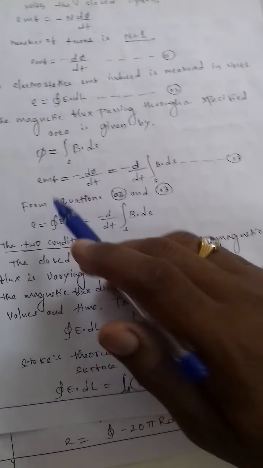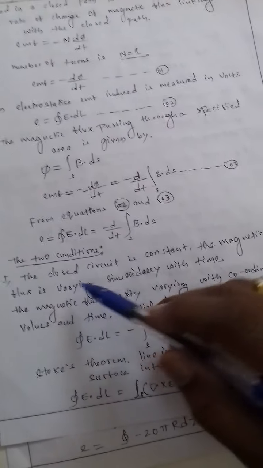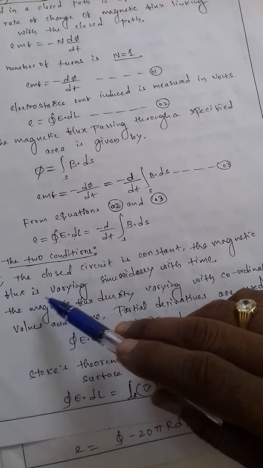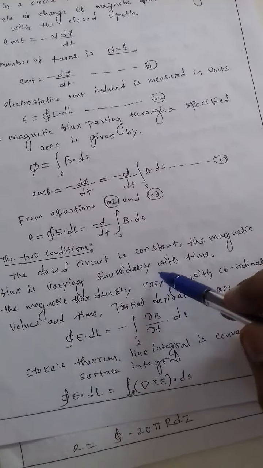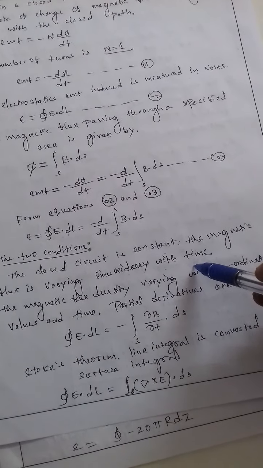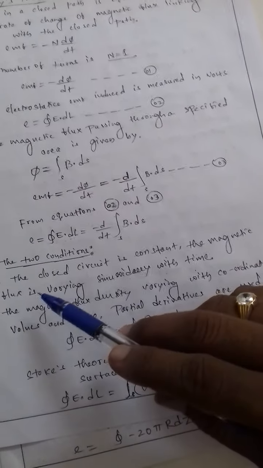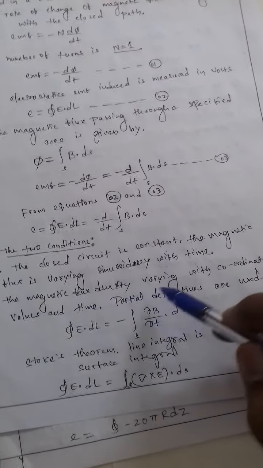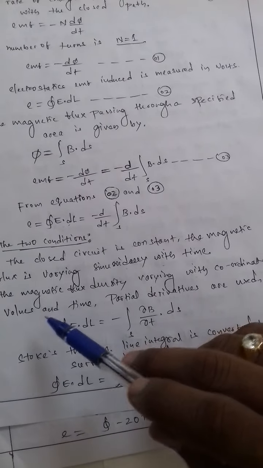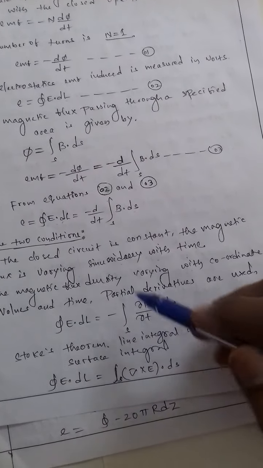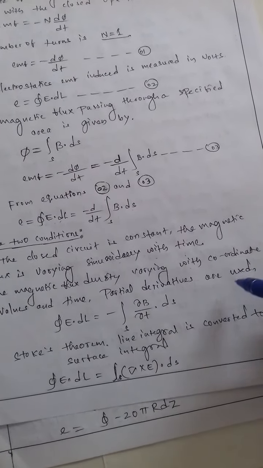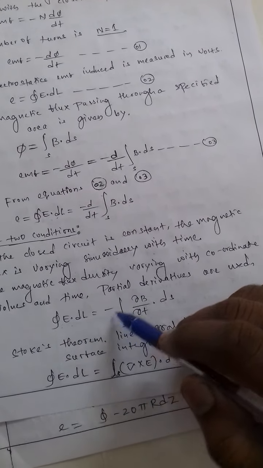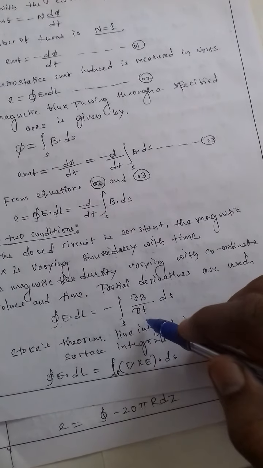The two conditions are present. First one, the closed circuit is constant. The magnetic flux is varying sinusoidally with time. The magnetic flux density is varying with the coordinate values and time, so the partial derivatives are used. That is, the closed integral E dot dl is equal to minus integral over S of ∂B by ∂t dot